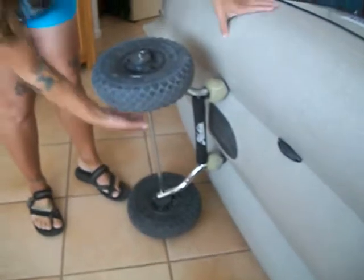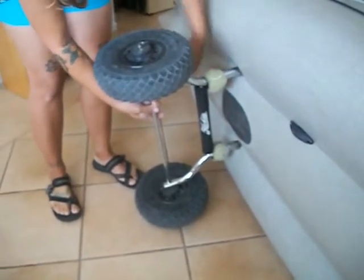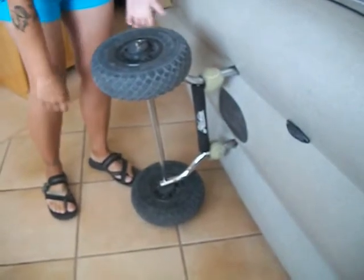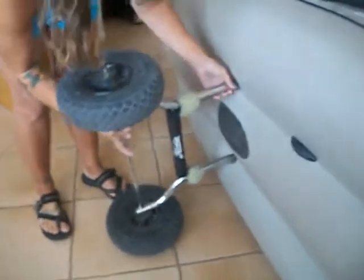Alright, we've got my kayak on its side now, and I just wanted to tell you about the cart here. I told you a little bit about the scupper cart before, so now you can see kind of how it works in the bottom here. We've added some tennis balls, just for a little extra cushion. Probably not necessary, but makes me feel better. The one thing I will tell you about these carts is,